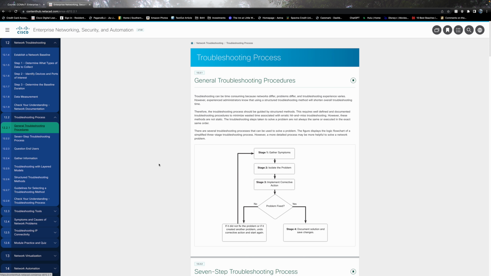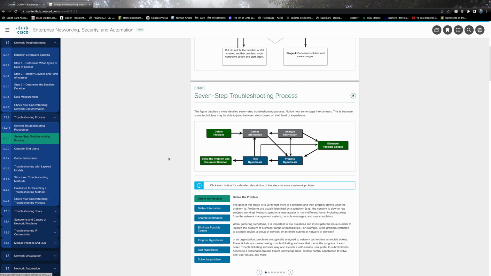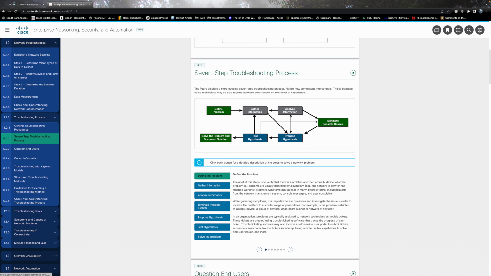Okay, so now we are talking about the troubleshooting process. This table right here is something you guys are going to have to memorize. You'll get quizzed about this on the exam. Cisco likes to break down the troubleshooting process into 7 different parts: define, gather, analyze, eliminate, propose, test, and solve. So if we want to apply it to a certain situation,